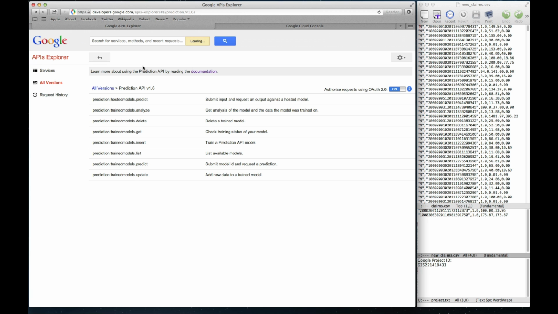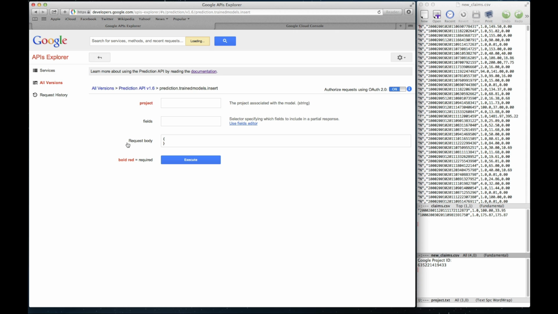I'll navigate over here to the Google API Explorer. You can see a bunch of different methods that you can call. The first one that I'll be calling is a prediction train models insert. This is when we start to train our predictive model. First step is to put our project ID. That's the Google Project ID that I mentioned before. And we're going to add a couple of configuration elements here in the request body. The first is the ID. I'm going to call it Medicaid. This will be the model name that we're going to refer to through the rest of the example. And the storage data location. In this case, it's in Medicaid